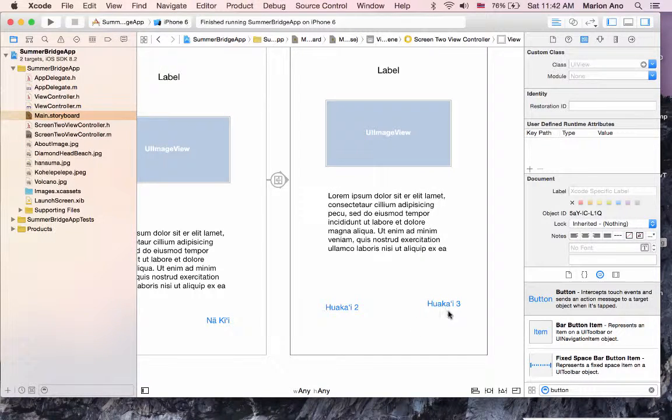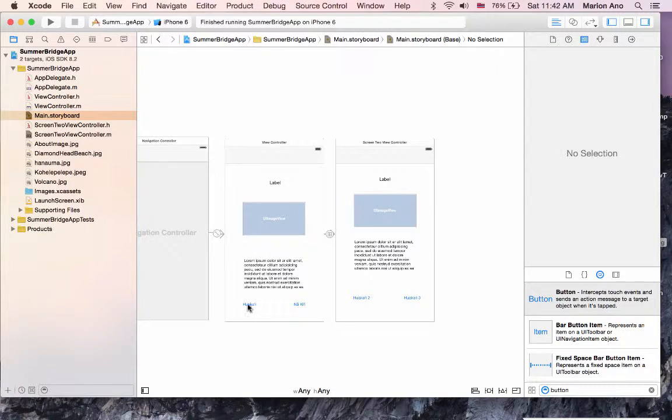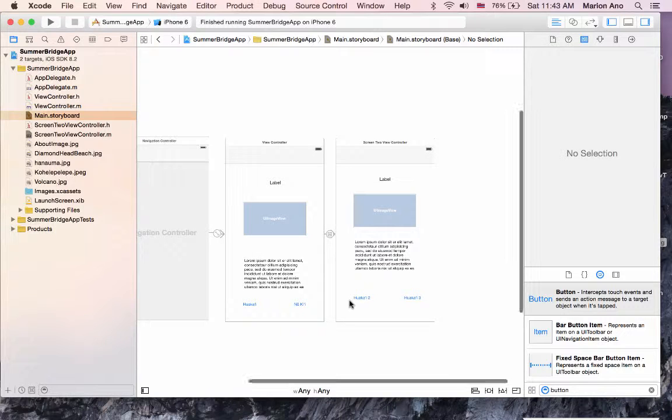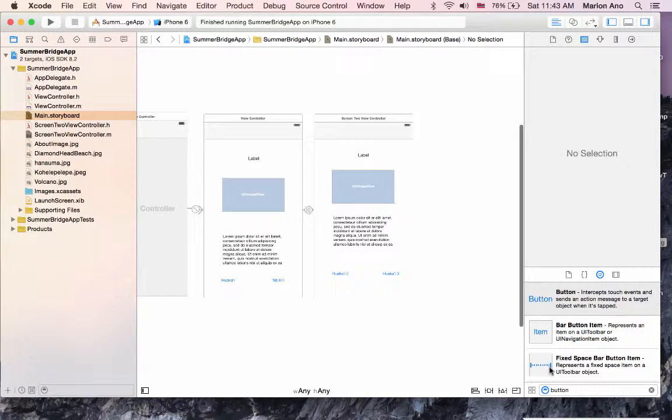Okay, so what's gonna happen is when we click on the Huaka'i button, the first Huaka'i photo and information about the first Huaka'i is going to be here, and then to get to the other Huaka'i information screens, you're going to have the user press each of those respective buttons. Okay, all right, now what we're going to do, the last step in this video, is we're going to add